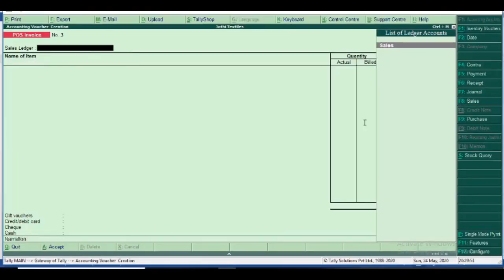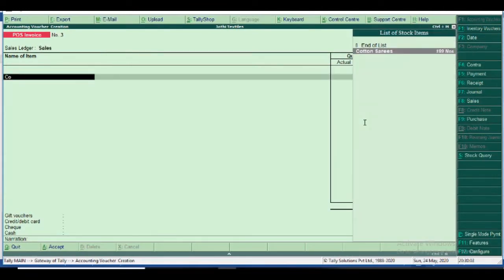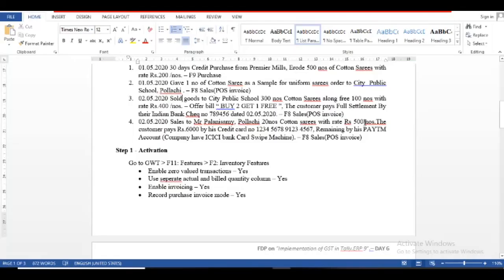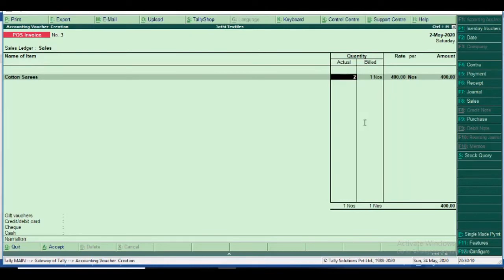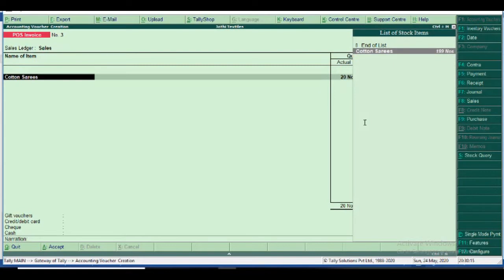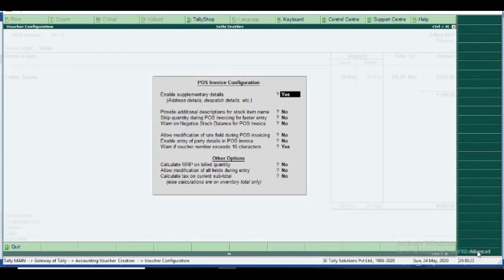First, we enter. The sales invoice is 3. The same date is not a problem, so we don't change the date. Sales, cotton sarees. Actual is not an offer, so actual and billed are the same, 20. Here one more option we enable in F12. I give the notes.